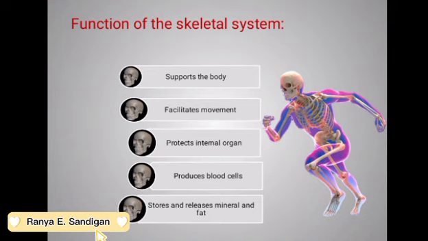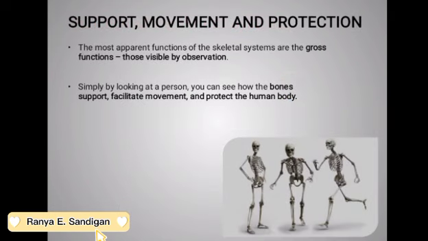These are the functions of the skeletal system: supports the body, facilitates movement, protects internal organs, produces blood cells, and stores and releases minerals and fat. Support, movement, and protection are among the major functions of our skeletal system. The most apparent functions are the gross functions, those visible by observation. Simply by looking at a person, you can see how the bones support, facilitate movement, and